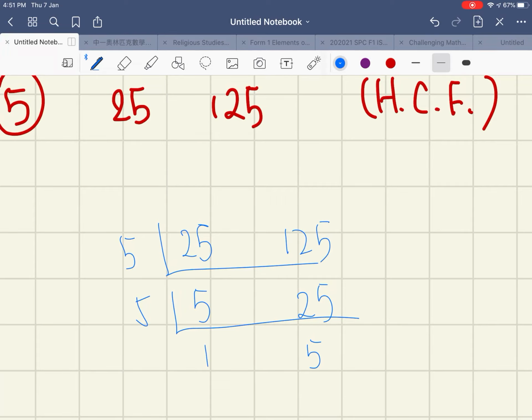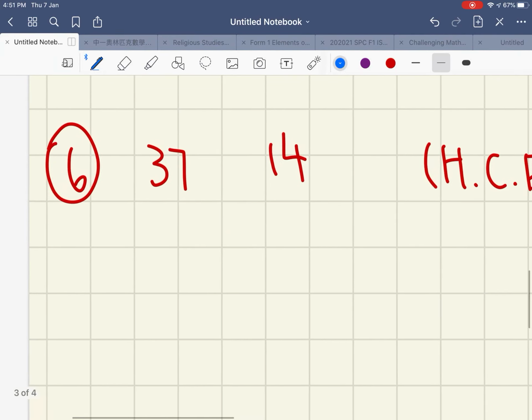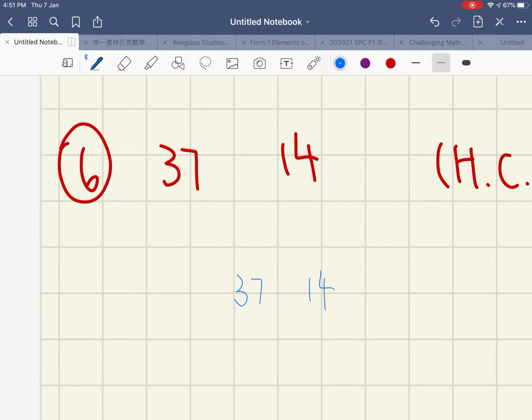There aren't any more common factors between 1 and 5, so the H.C.F of 25 and 125 will be 5 times 5, 25. For the last question, at the first moment there already aren't any common factors between 37 and 14,